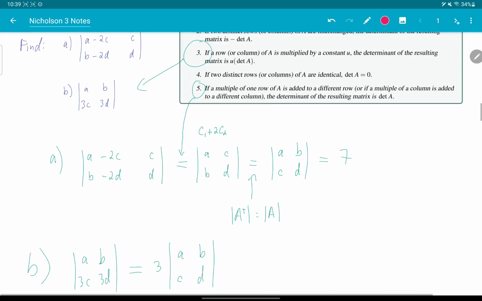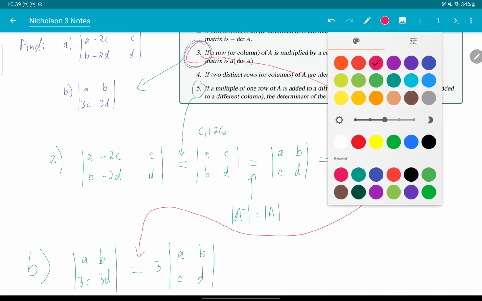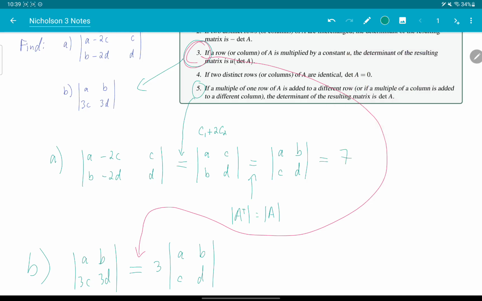And this is part 3 we're using here. So this equality is justified by part 3. All right, then we have just 3 times 7 is